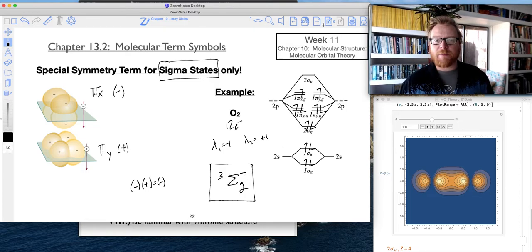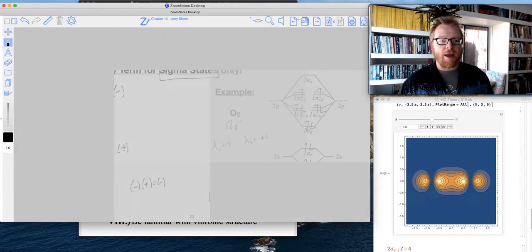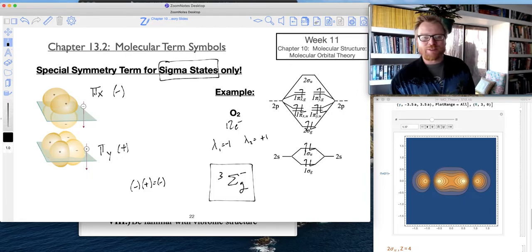Okay, folks, it's been about 30 minutes. And what I want to do, I'm going to describe one more term symbol, and then I'm going to